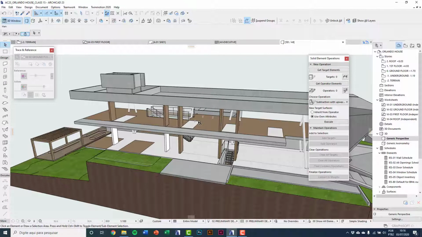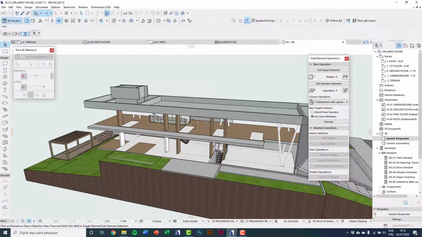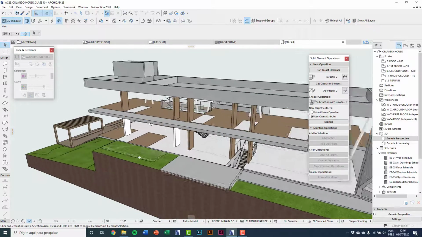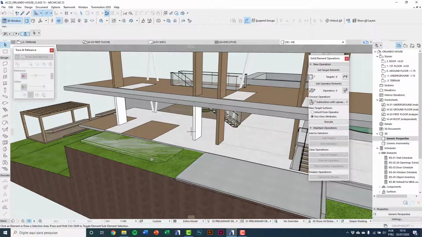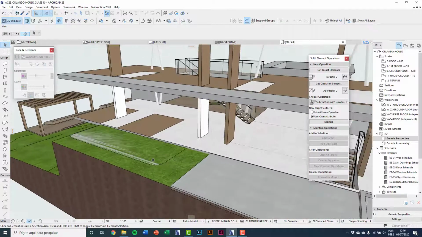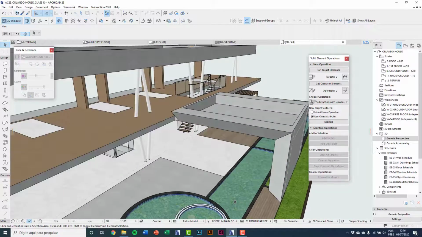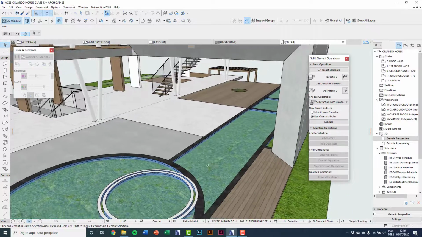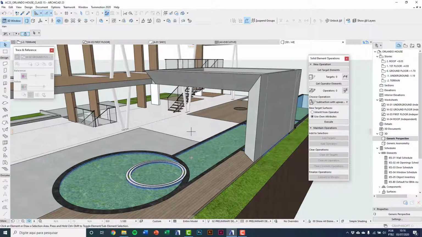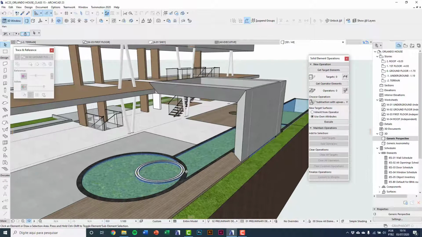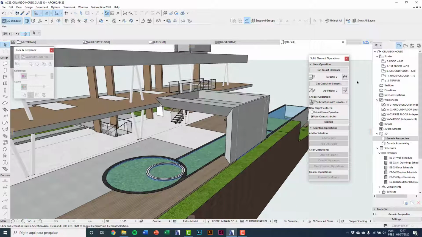In 3D, you see the elevated points, but also it is mixing with concrete slabs. You see the grass inside the pool. So again, we'll execute solid element operations to cut. On ground floor,